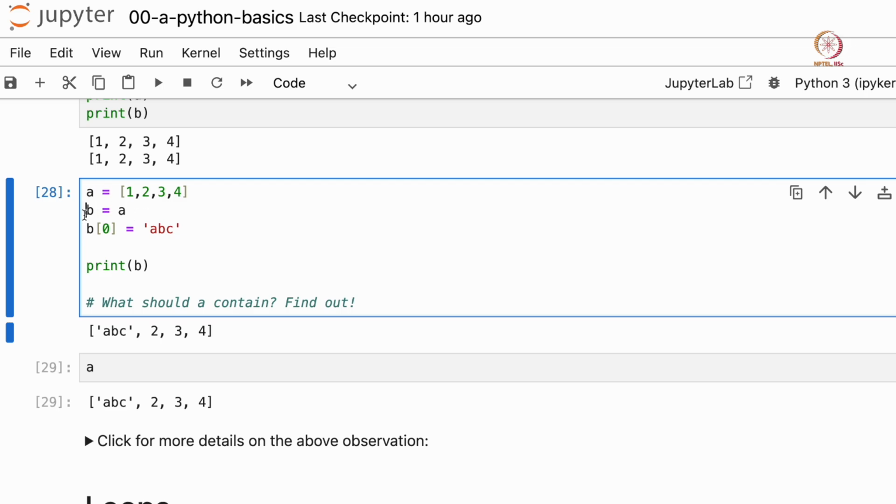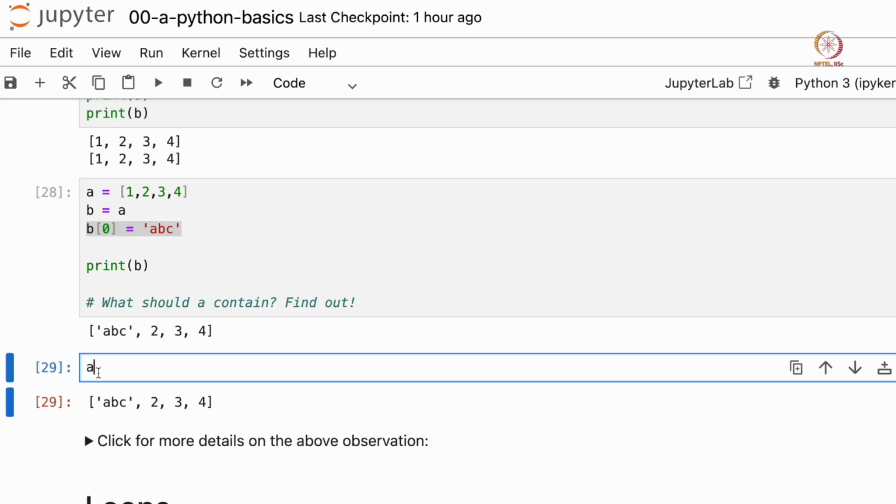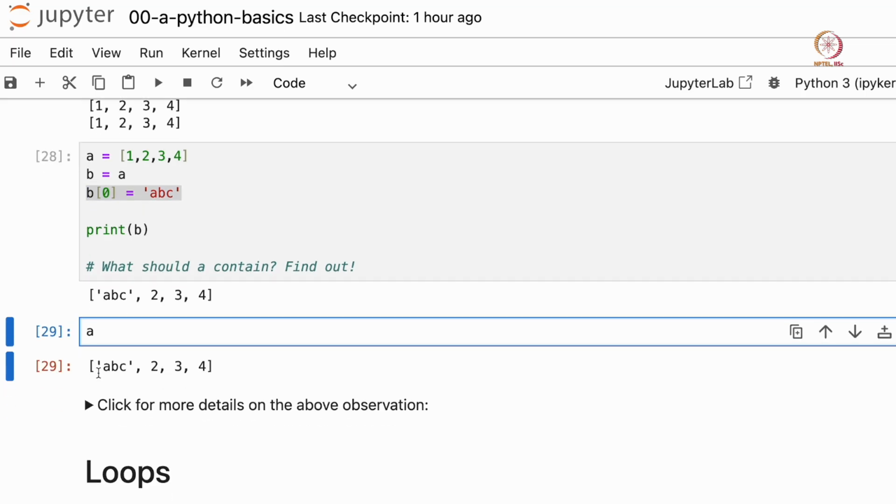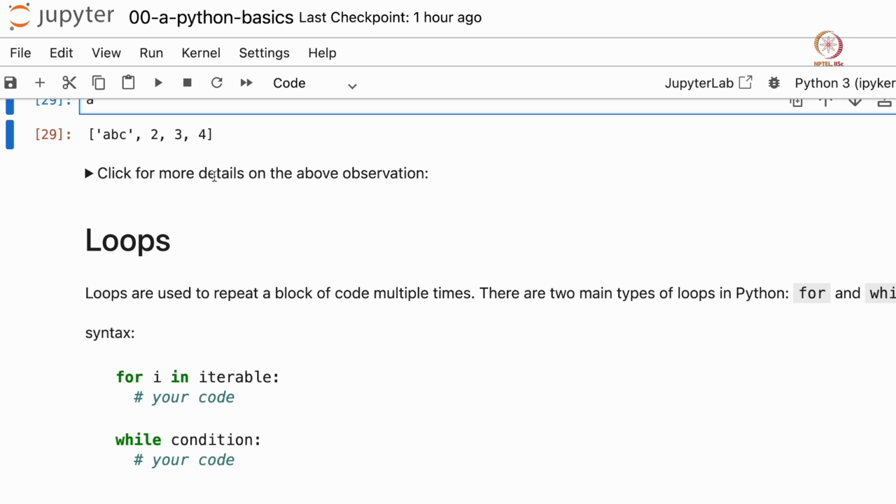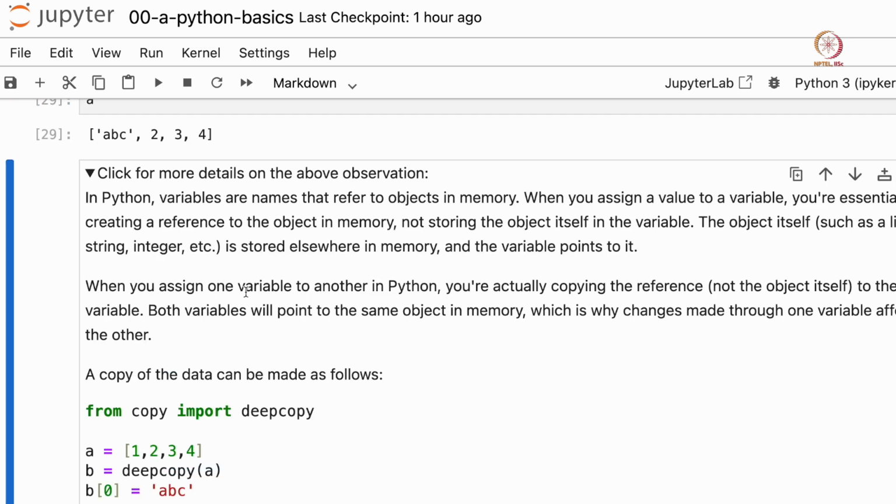And when you type B equal to A, B is also assigned the same data. So now both A and B refer to the same data. When you change anything in B, the actual data gets changed, and so both A and B refer to the changed data now. This is one thing that you should be careful of, especially when you are solving tutorials or assignment questions. You can click here and read more details about this.